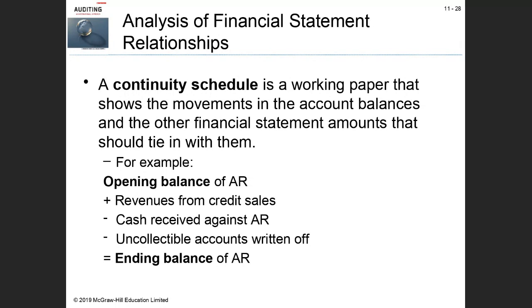So $20 million, and let's say our credit sales during the year were $50 million. So we had 20 million owing from customers at the beginning of the year. We add 50 million, right? So now our total accounts receivable are 70 million. Then we're going to deduct from the accounts receivable the cash that we collected from our customers. So let's say that was 60 million, right? So 70 million minus 60 million would be our